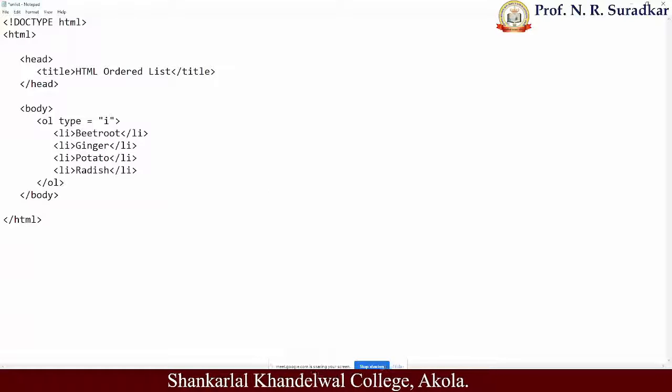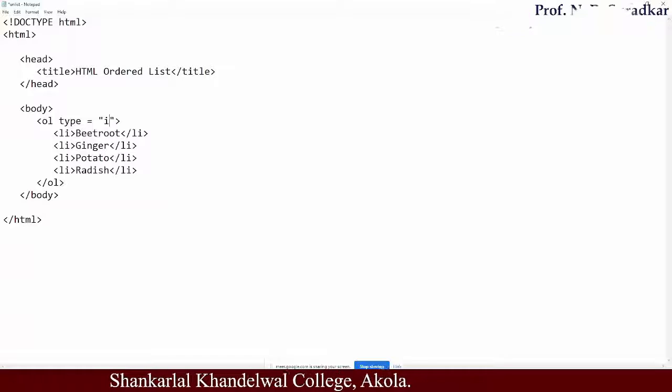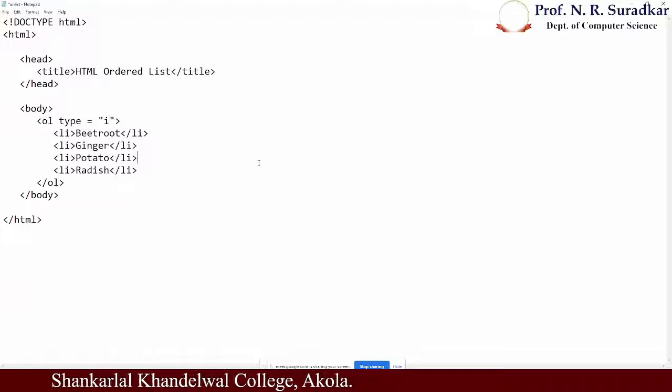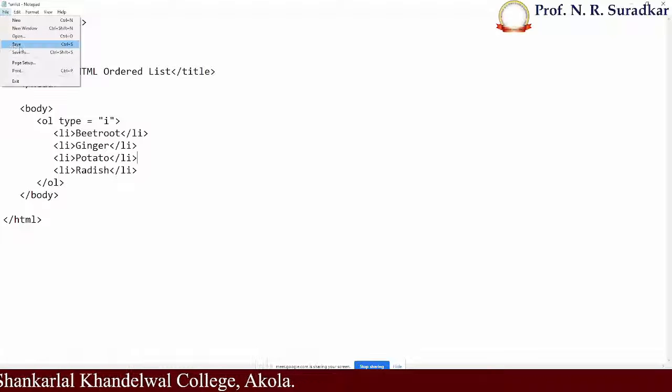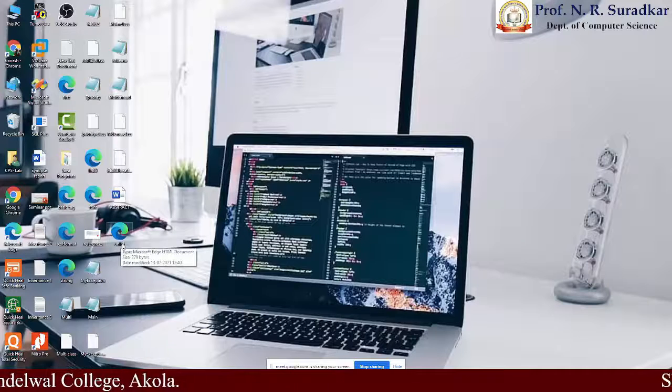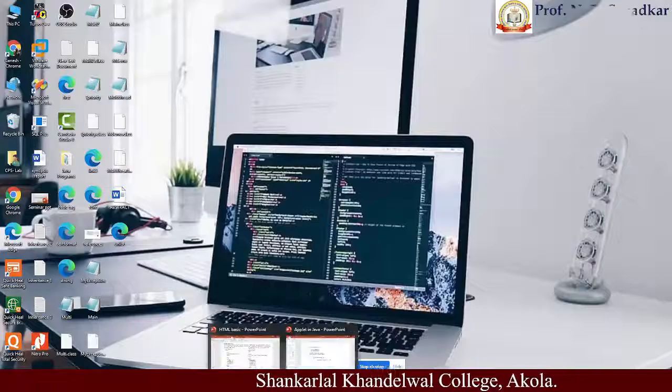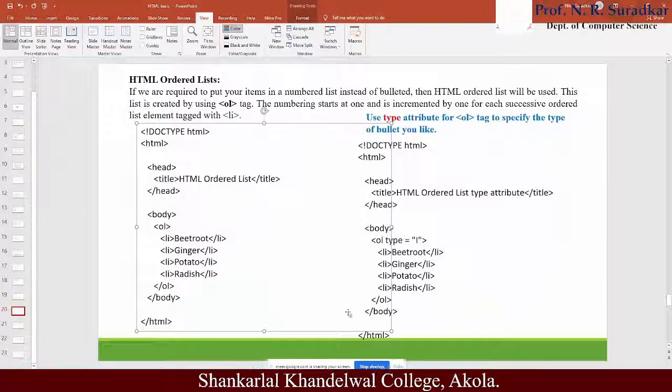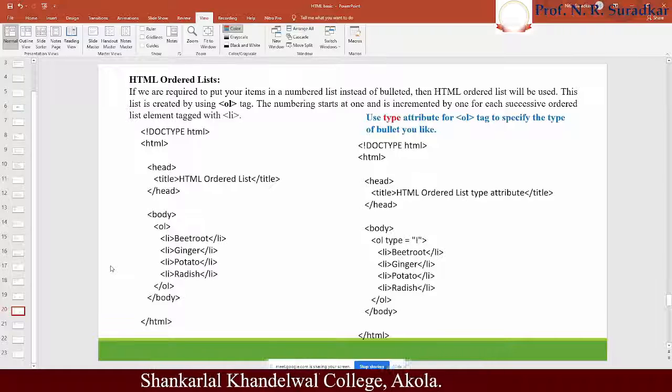Once again, let's use something different. I want to use small i numbering format. Small i means small Roman numbering format. File, save or Control S. Minimize it and go to the unlist web page which we have created already, only made the changes whichever we need. Okay, numbering format like i, 1, 2, 3, 4. This is what is called a list, which is the ordered list as well as the unordered list. These are the two important lists completed here.